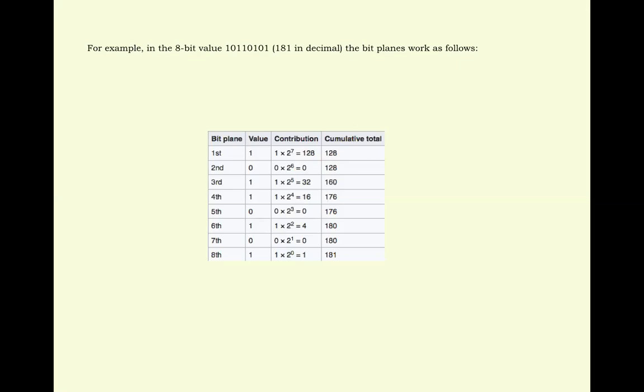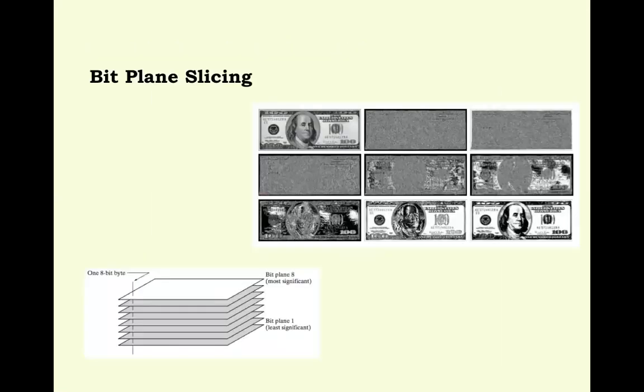Therefore, this gives the idea that the MSB has the highest weightage, whereas the LSB has the lowest weightage. For that reason, it is clear that the same thing holds for any other bit coding also. This is the MSB bit image and this is the LSB bit image. The LSB is the lowest value, whereas the highest value is the MSB.